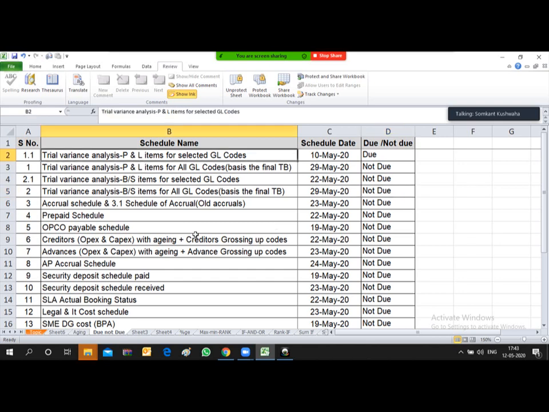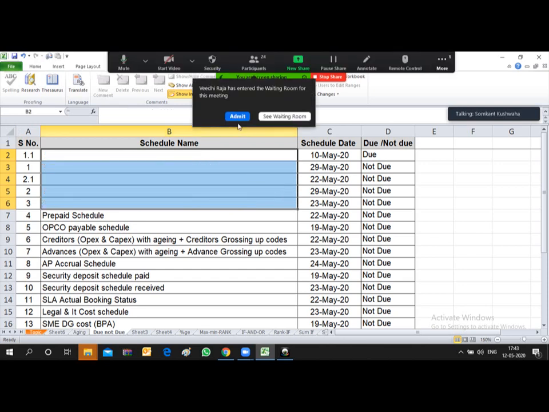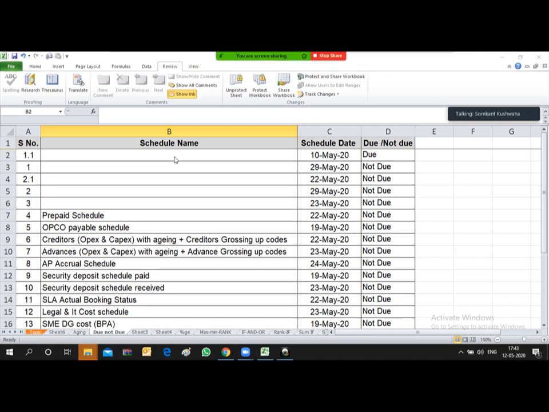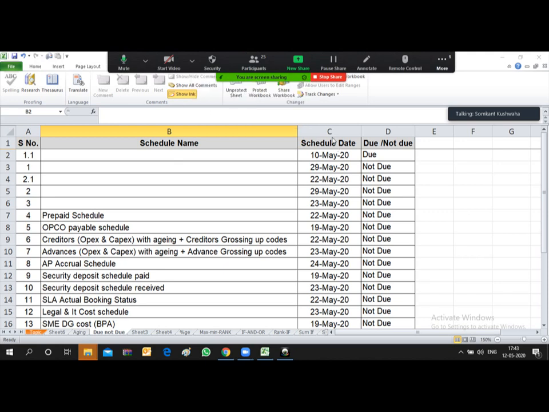So friends, now you see, he can delete here. These cells are already unprotected because here the password was not created. So now that particular person will be able to change this selected area, but will not be able to change any other thing.